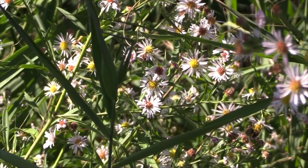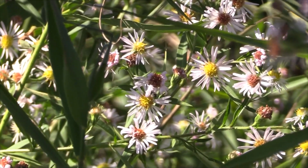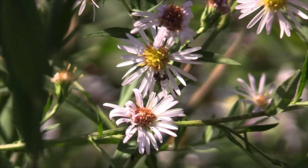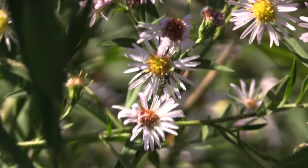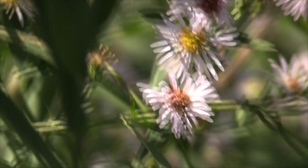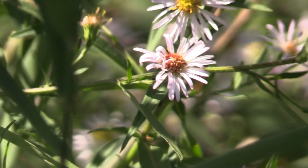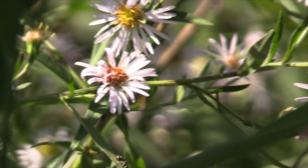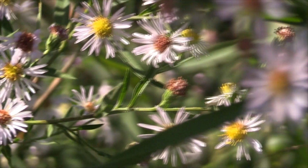And you can see other insects on these flowers too, so we always think of bees as pollinators, but there are many other kinds of insects that also pollinate. They're collecting the pollen for food, but they're also dropping it off on other flowers to help them